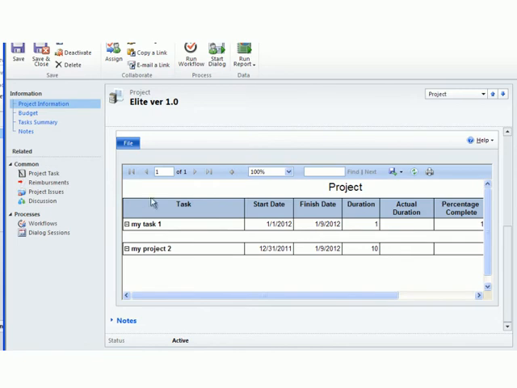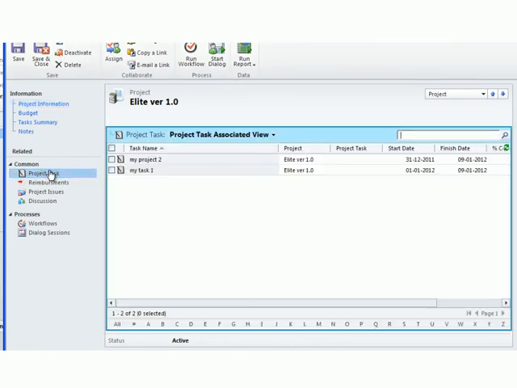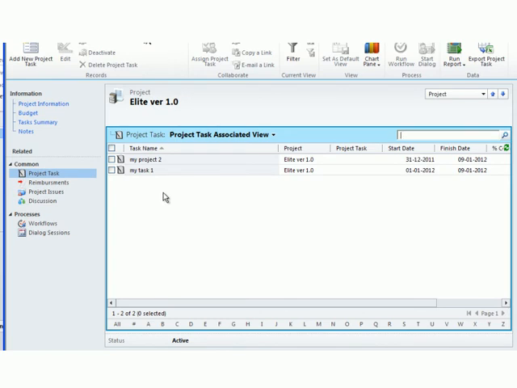1. Now we can also add new project tasks to the eLite version 1, the new project which is created by us. To add a new project task, select the project task field on the left navigation pane. A new window opens up which already shows the tasks that have been mapped from the clone project functionality. To add a new task, click on the button Add New Project Task.